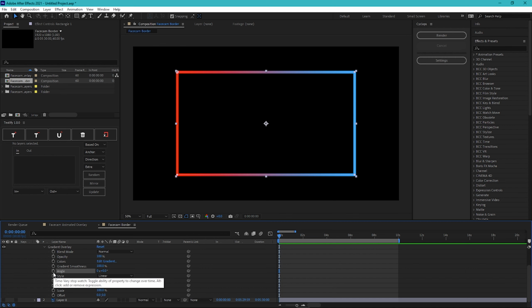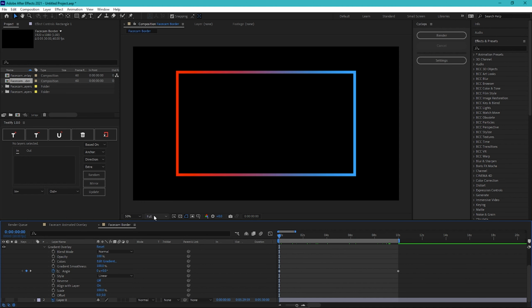So go ahead and mark a keyframe at the 00 mark, as well as the start of the overall face cam timeline. And then go ahead and move your little marker all the way to the 10-second mark, and just put a 1 in the first spot. So essentially what it's going to do is start at a position, end at a position, and then completely restart because the end position is the exact same as the start position.